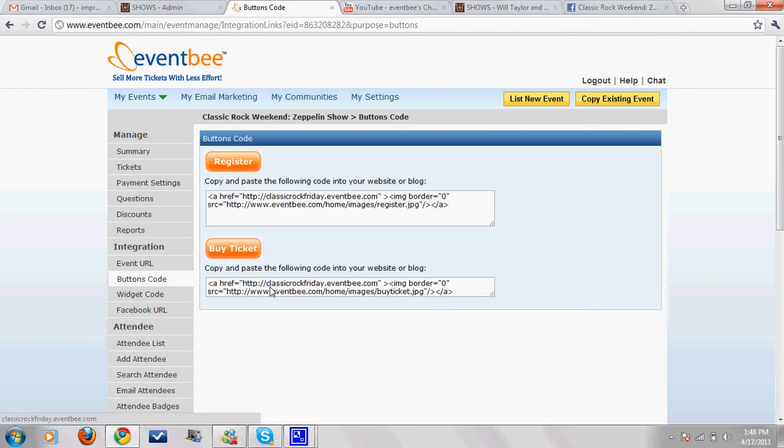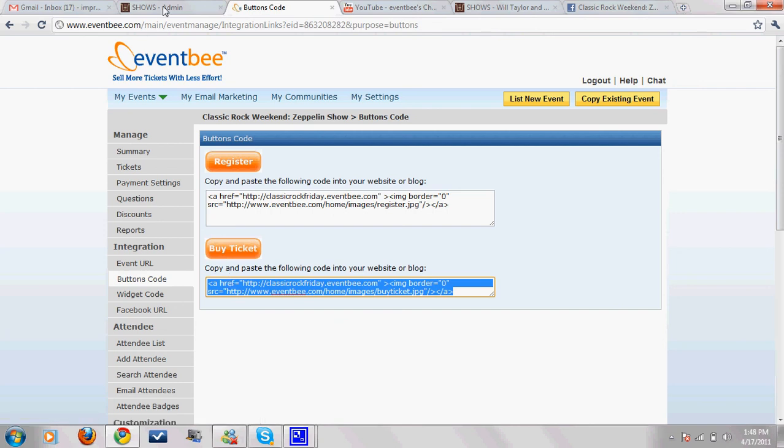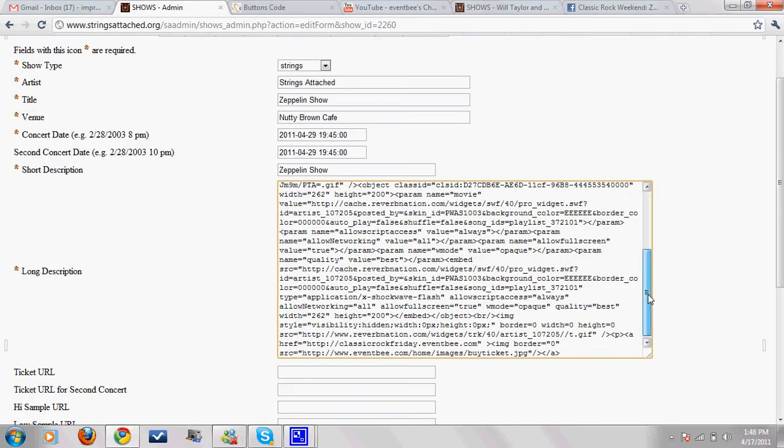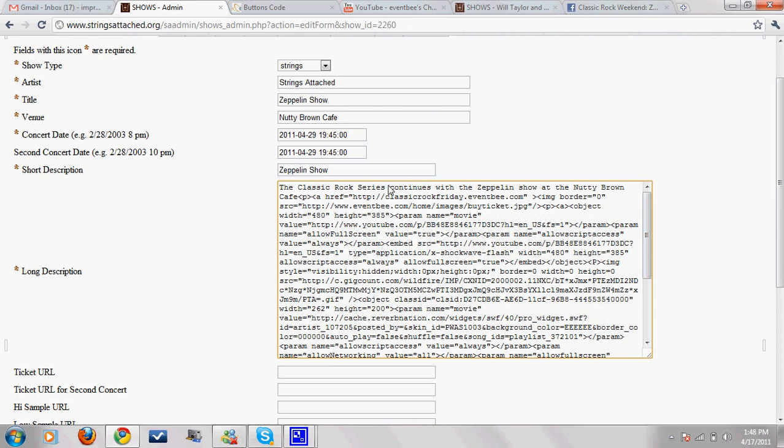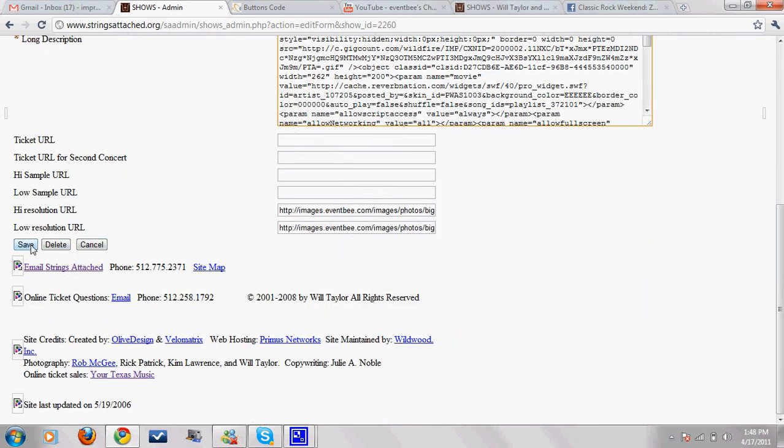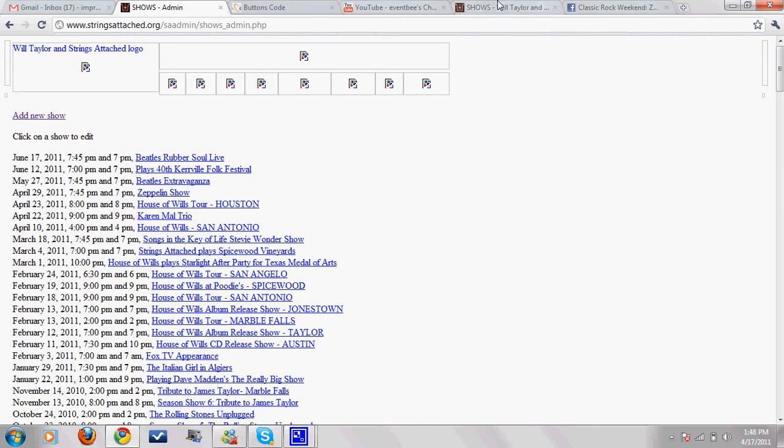Now I want to test it and look at it, so I'm going to click Save. Open up a new tab by pressing Control-T. Control-T gives you a new tab. And go to the Strings Attached website. Click on Shows, and then find the show that I was working on, just how that code worked out. And if you notice right here, the buy ticket link is up, and at the bottom we have another buy ticket link. So that'll work, but I really wanted to get the,